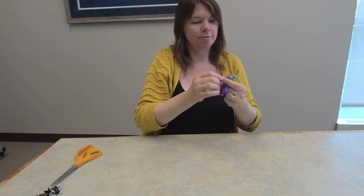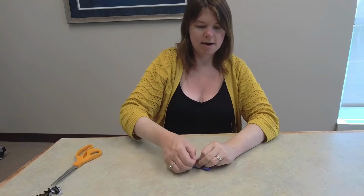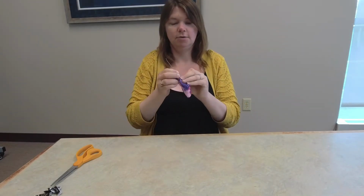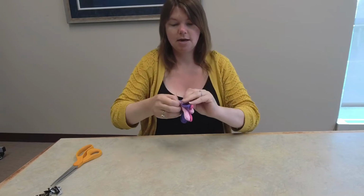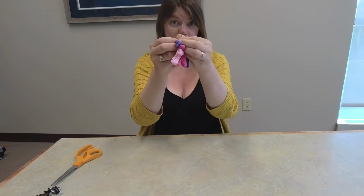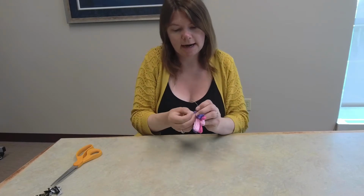Okay, so you can kind of wrap one going one way and wrap the other hemp cord going the other way. Just want to wrap it around nice and tight. As tight as you can. There, that looks pretty good. And then when you have about this much left, you want to leave enough room so that you can do another double knot. So you want to keep this nice and tight